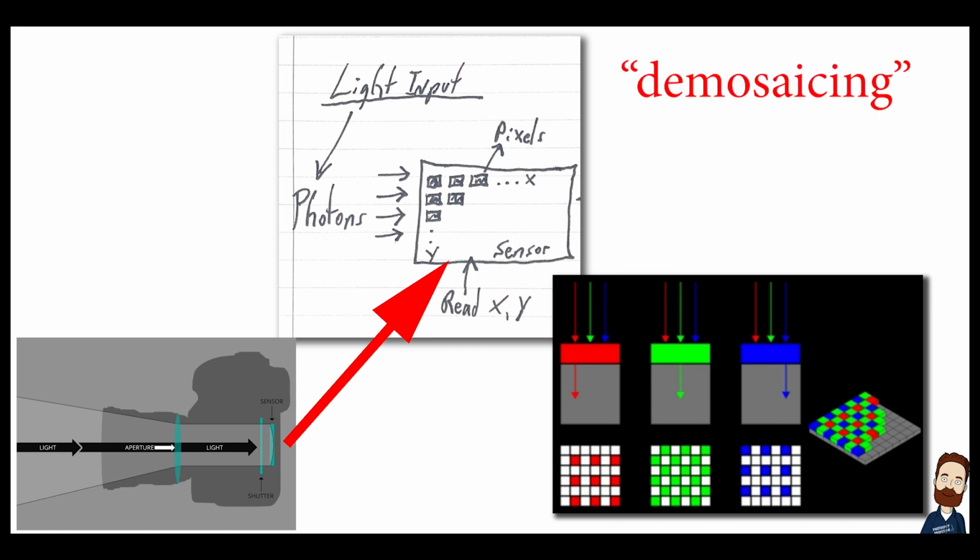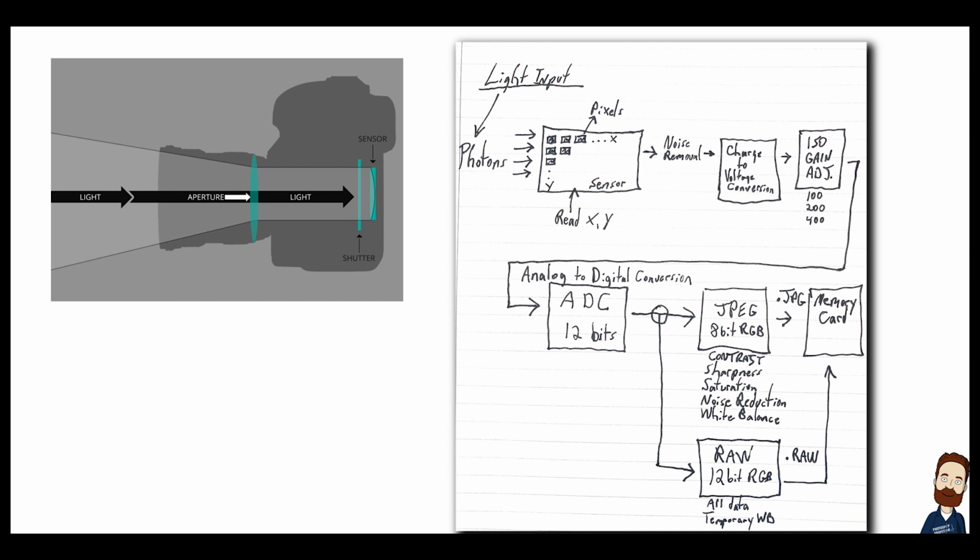This crucial step is known as demosaicing or debayering. Now let's go back to this process. Where does demosaicing fit in? Remember, the pixels capture light and are registered in red on the XY basis, so all the way across here